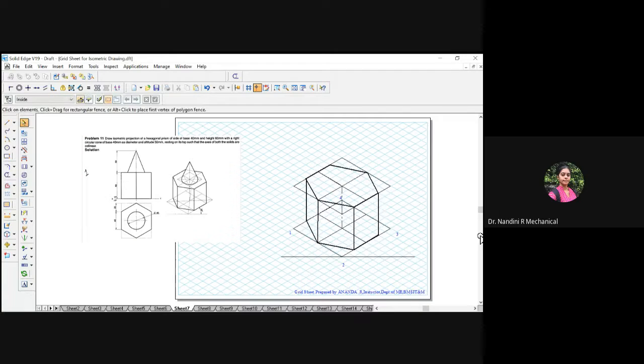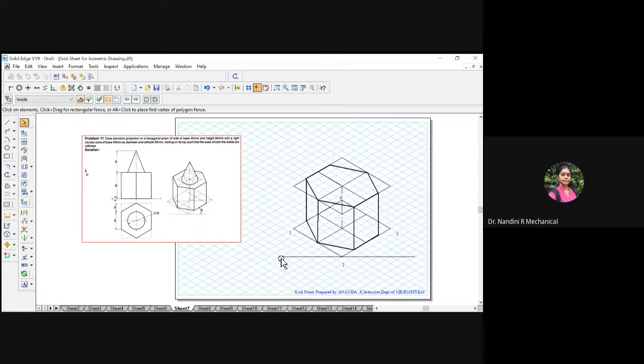So now the hexagon surface is drawn. So you now know that you have a circular cone on the hexagonal prism. Now we have constructed the hexagonal prism. At the center we have the circular cone. The base of the cone is given in the question as 40 mm, meaning the radius will be 20, meaning we need to draw a square of 40 mm. Within that we need to house the circle of the cone and then take the vertical axis and join to the vertex.